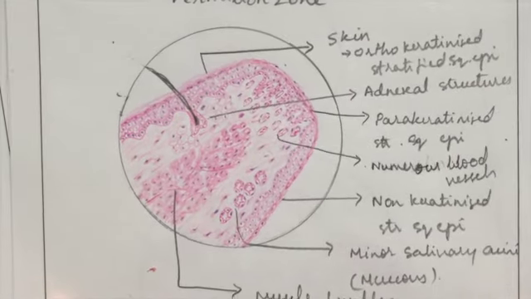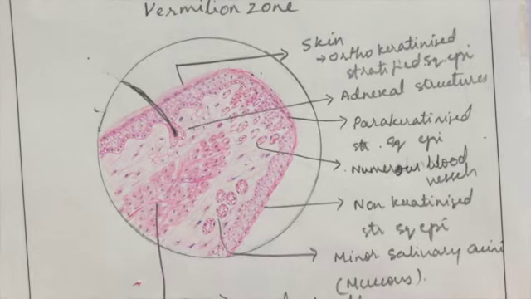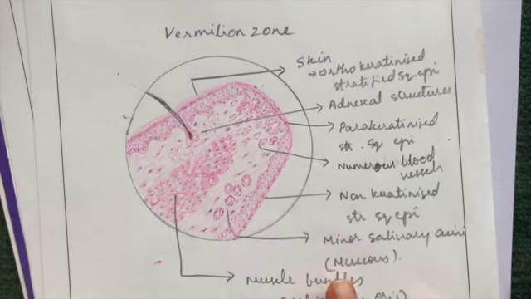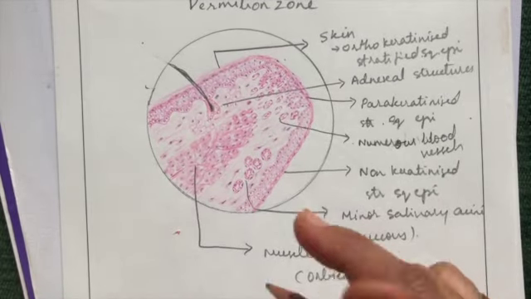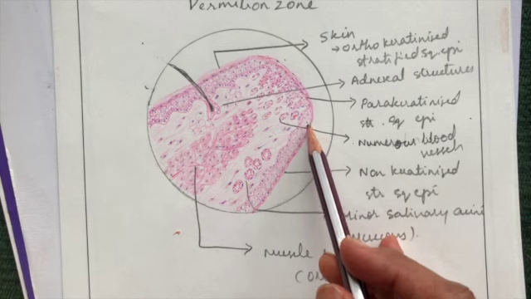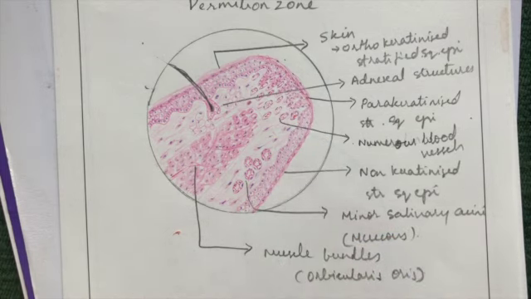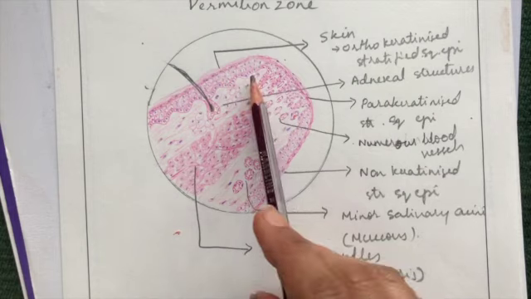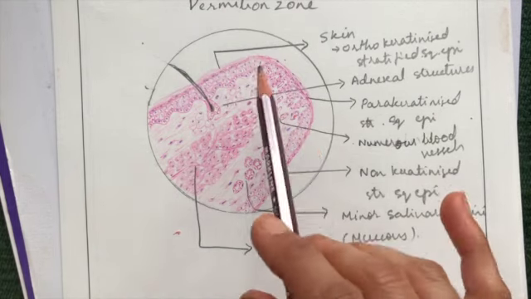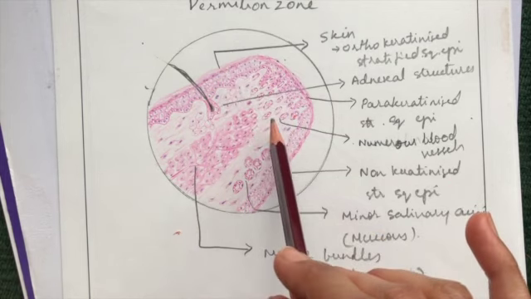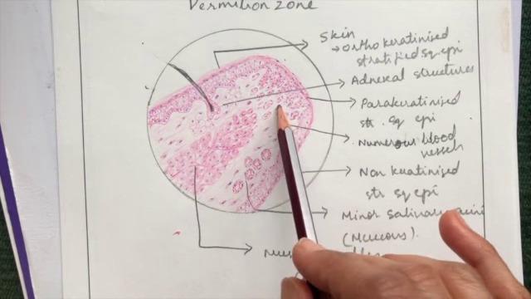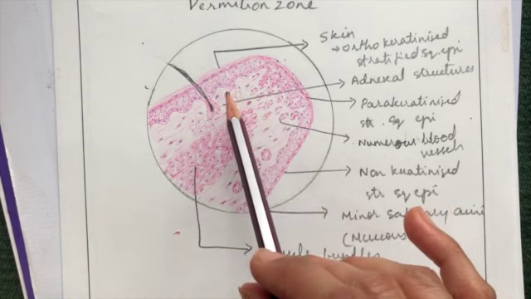So this is basically the Vermilion zone. What you can see is the transitional zone from skin to parakeratinized epithelium to non-keratinized mucosal area. Here you can see that this particular area, the parakeratinized area, which we call the lipstick area and which is red, that's why it's called Vermilion zone, Vermilion border, which has lot of blood vessels, but it lacks the oil